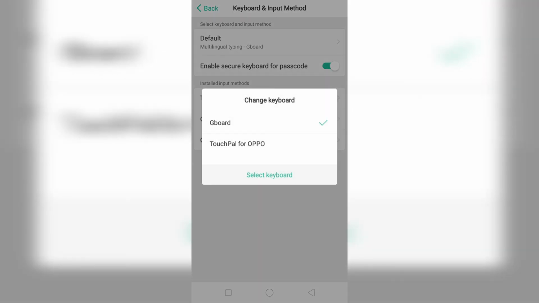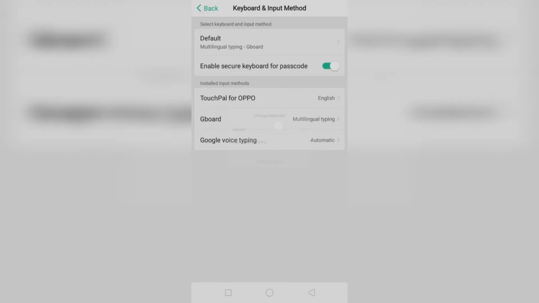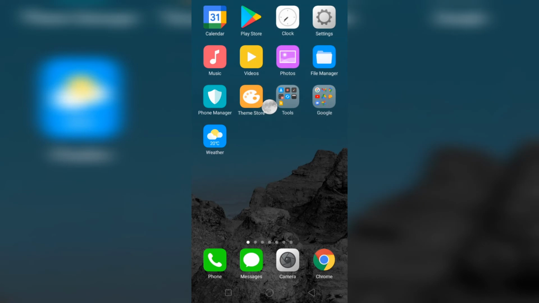If here you select a different keyboard, then you need to select this Gboard method. So tap on Gboard. Here the Gboard method will be selected, and then go to any app that supports typing.